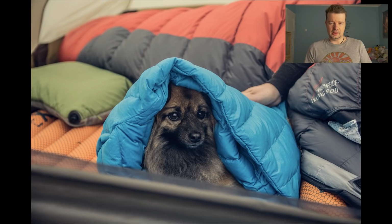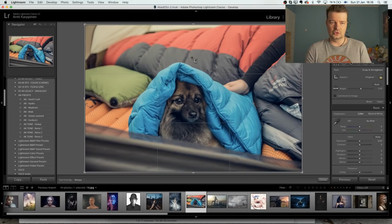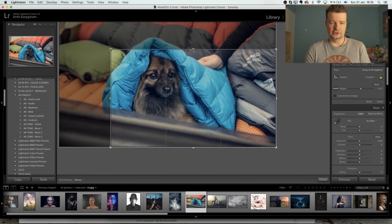Next up, more like a documentary style shot. I think we could see more or less the person. These labels of this sleeping bag are also distracting. So there's a lot of stuff going on. In a way, this image might be, let's do a bit of cropping. Let's see how it turns out if we